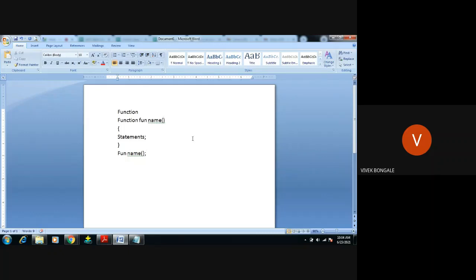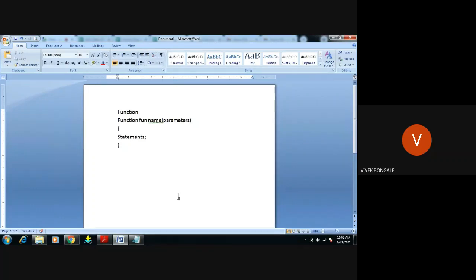Here, if you want, you can give the parameters, and those parameters you're going to use inside this function. If I write all these things but I do not call the function, you will not get the result displayed in the browser. Without calling the function, that particular task will not display in the browser, right?